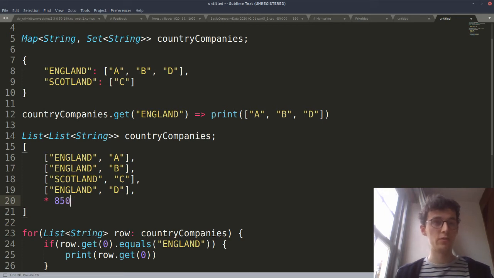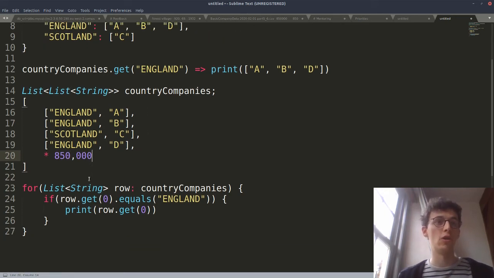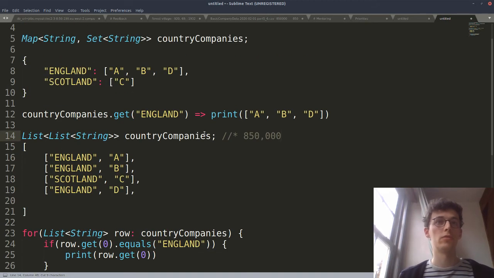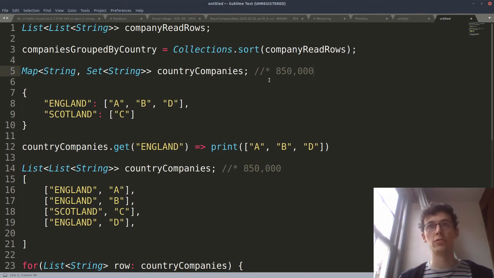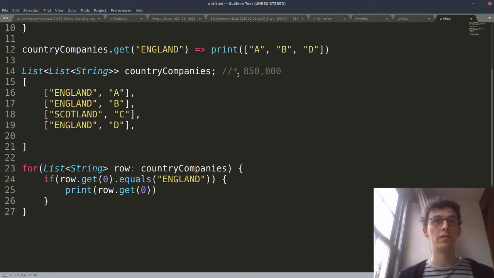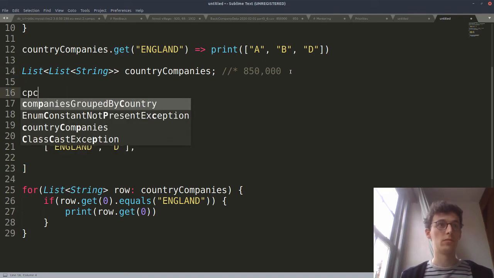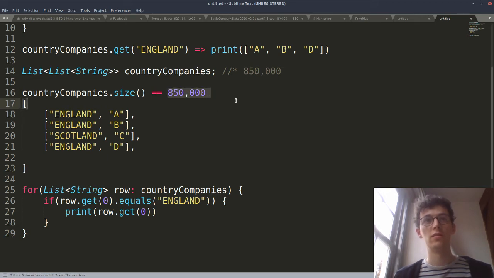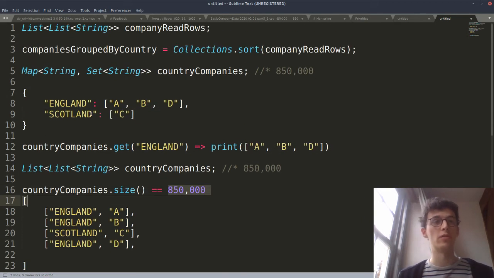Okay, so this might not seem super significant in terms of our example, but let's say this was 85,000 rows long. Well, the 85,000 records, right? So that's 85,000 records, and this is 85,000 records. We see here companies.length, or size rather. See that? Now that equals exactly 85,000, right? Whereas this, I don't know the exact number for this, but here